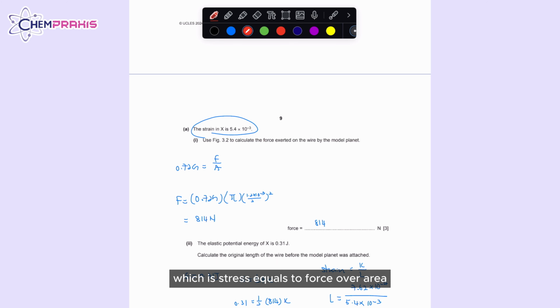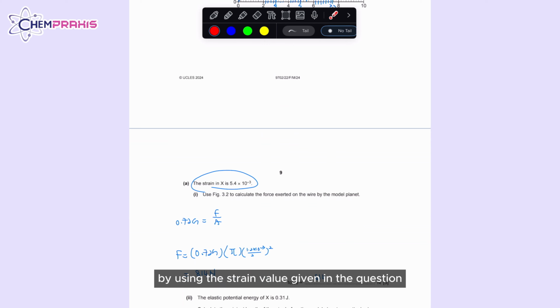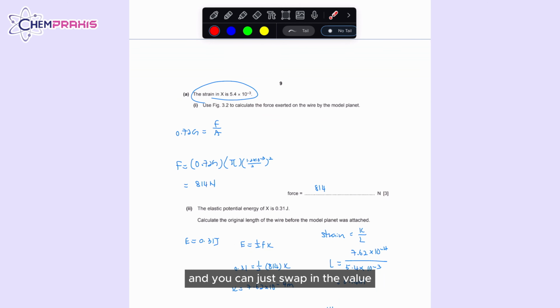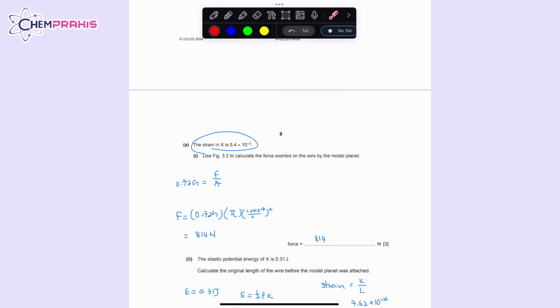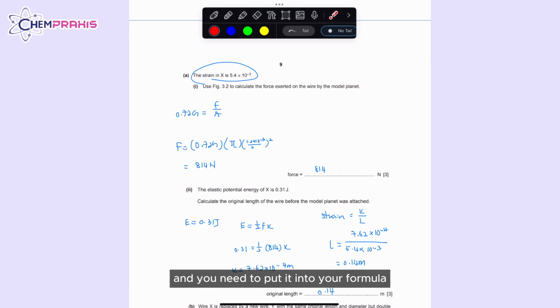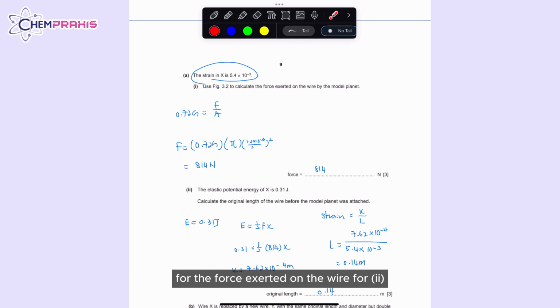You have the formula: stress equals force over area. You can get the value of stress from the graph, at this position, by using the strain value given in the question, and you can just sub in the value. Bear in mind, you have a prefix over here, and you need to put it into your formula. After subbing in all the values, your diameter needs to be divided by 2, and you will get 814 for the force